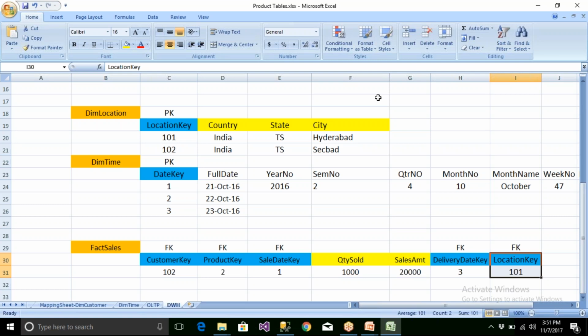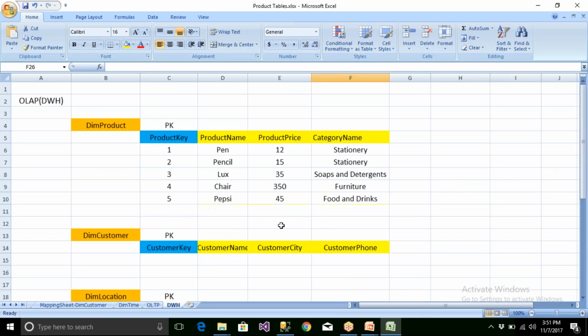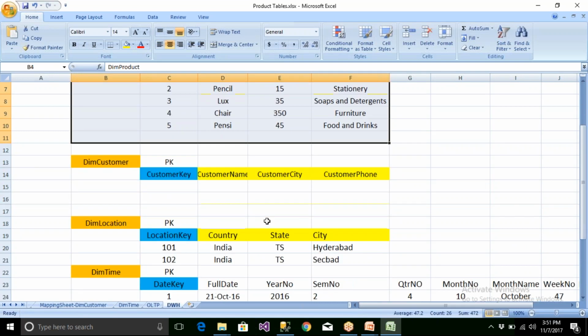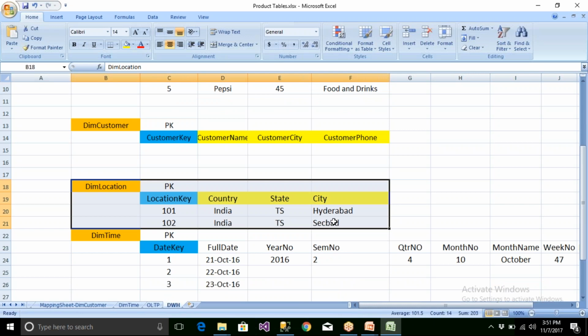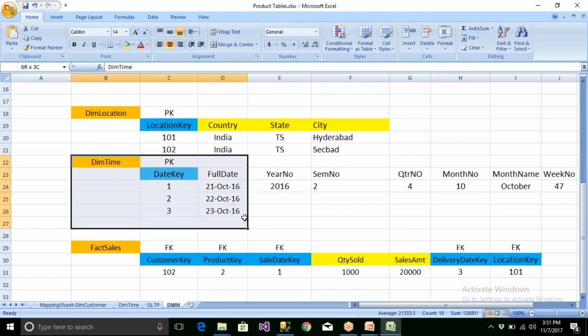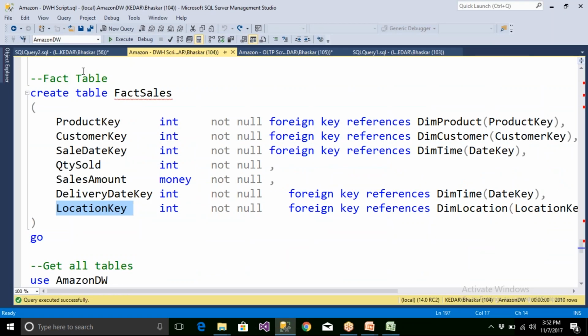Yeah. Okay. Now I'm talking about whenever you insert the data in the dim location table. So hope this has been clear, right? This data is clear. This table is clear, and I have created the dim location table. This is clear, and the dim time table is clear for you guys. Ram, is it clear? So for that date you have taken the start date and end date based on the sale date. Is that right?